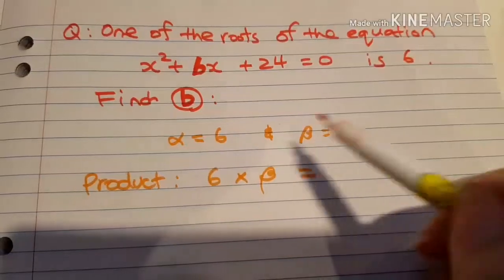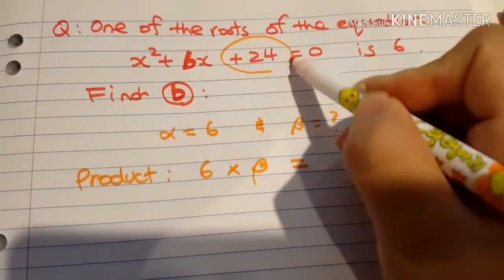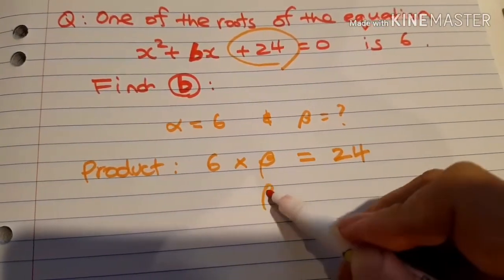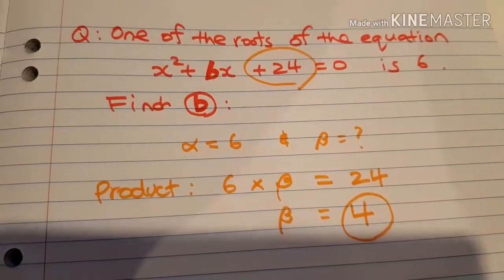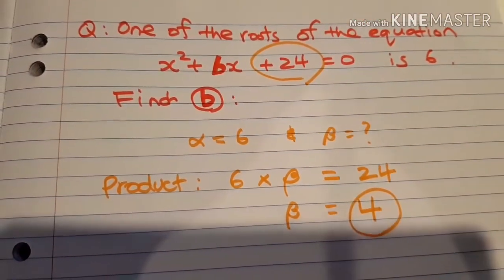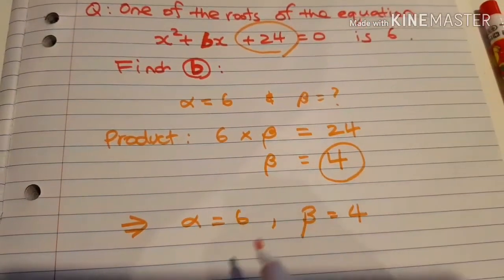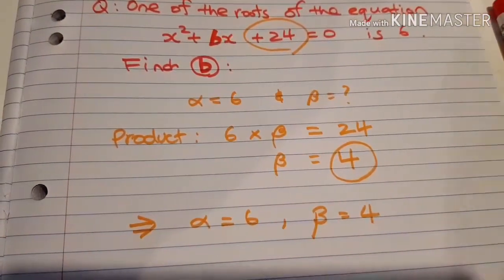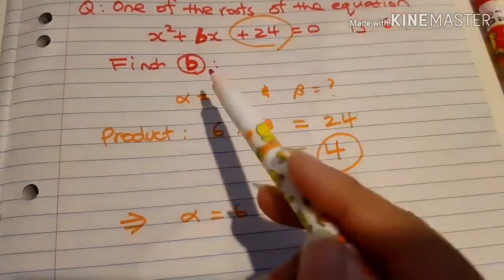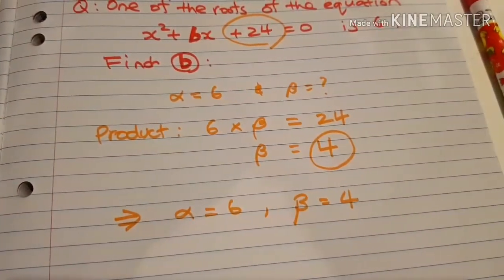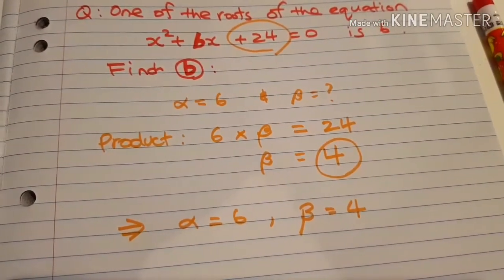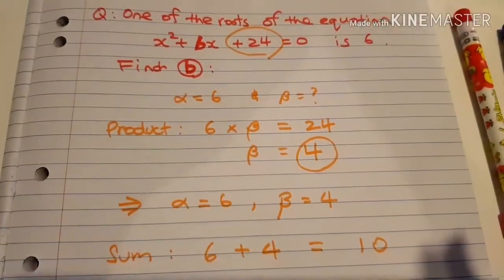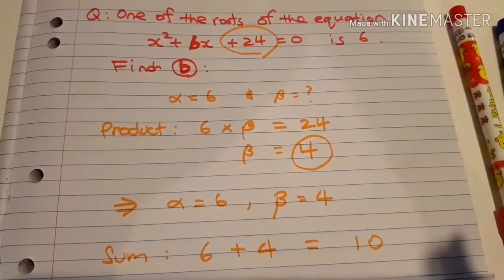So if I multiply these two, I should get the constant including the sign, positive 24. That means what would be my beta? 4. 6 times 4 will be 24. So now I know that alpha is 6 and beta is 4. Now I need to find b, which is the sum of the roots with the opposite sign. So let's have a go at adding those two. It will be 10 by adding it, but remember,